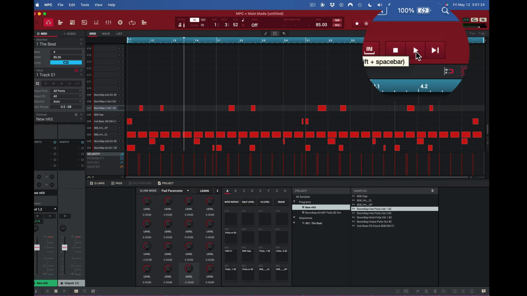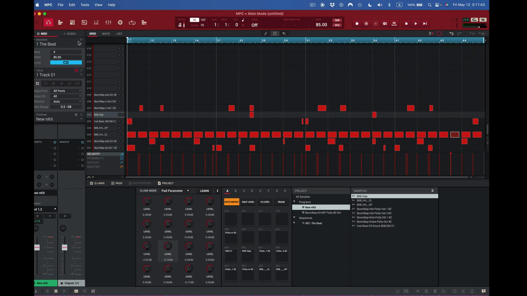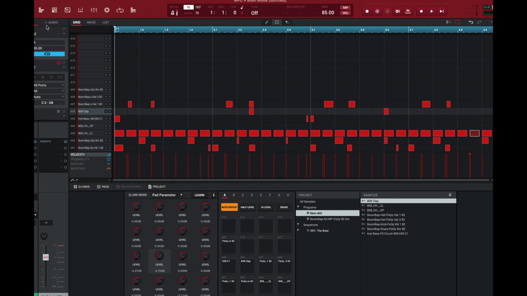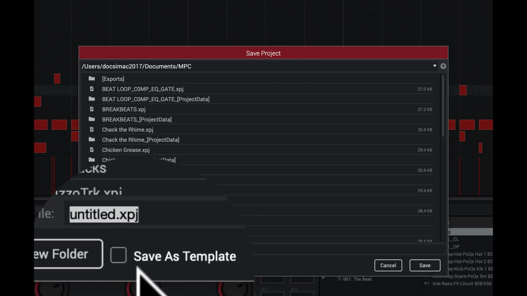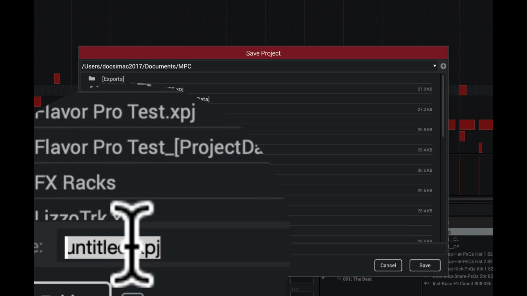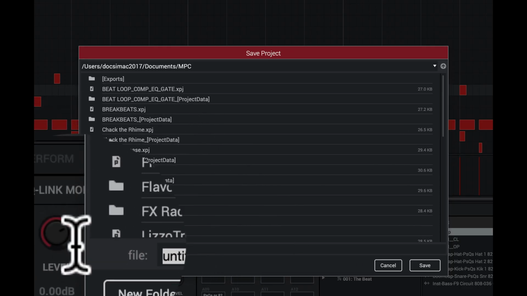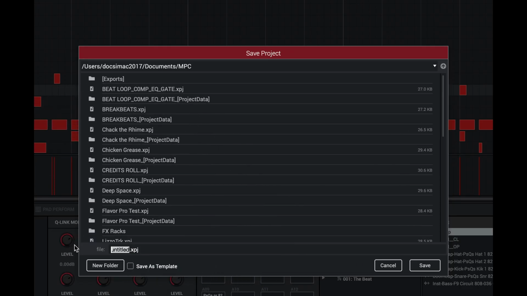It's not that hard. Now, once I've got everything lined up, I want to save this project, right? So I'll come to here to file and I'll say save project. So save project comes up. And of course, I want to save it in this area. And I want to name this project for one. So I come to here, and as you can see, it's .xp, right? So what I want to do in this case is get back here and call it,